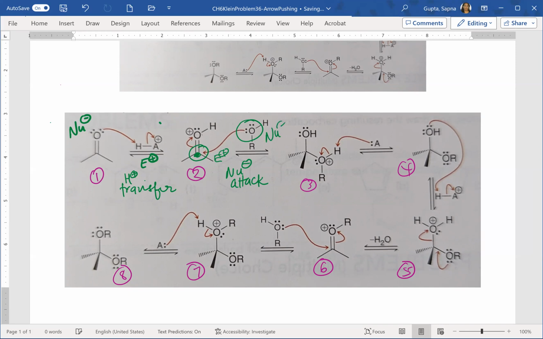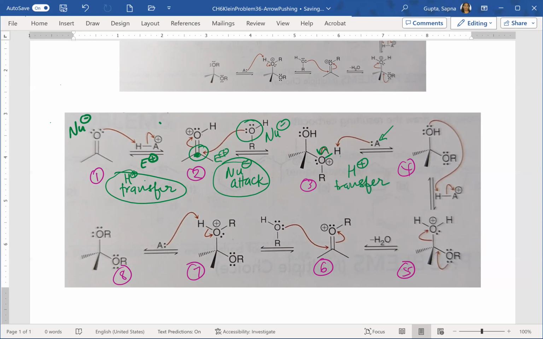Okay, so this is the nucleophile here. I am labeling everything for you so that way you know, but you don't have to label all these things. Sometimes you just have to tell what is happening. So really you have to just write that you have a proton transfer or then a nucleophilic attack. That's the important thing. So then in the next one, what is happening? You have A, which has the lone pair of electrons. And this A is picking up a proton, which if you see the second arrow then, so these electrons are now being left on the oxygen. So this one is going to be then a proton transfer,